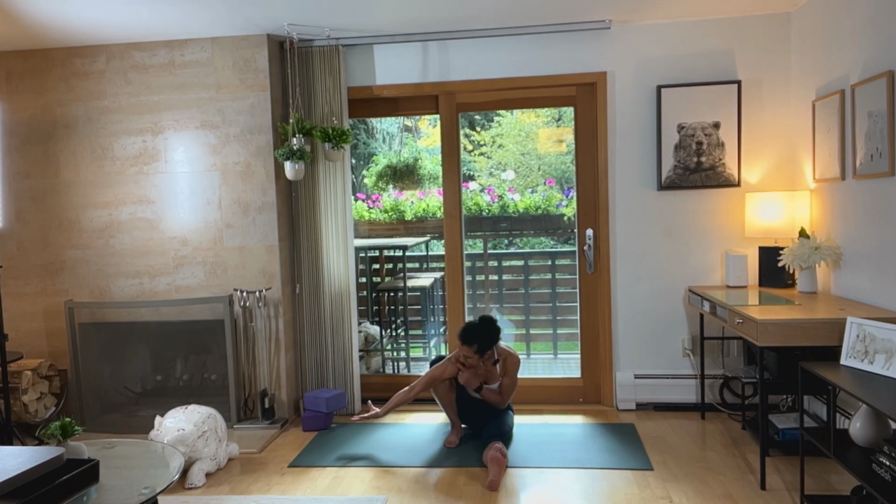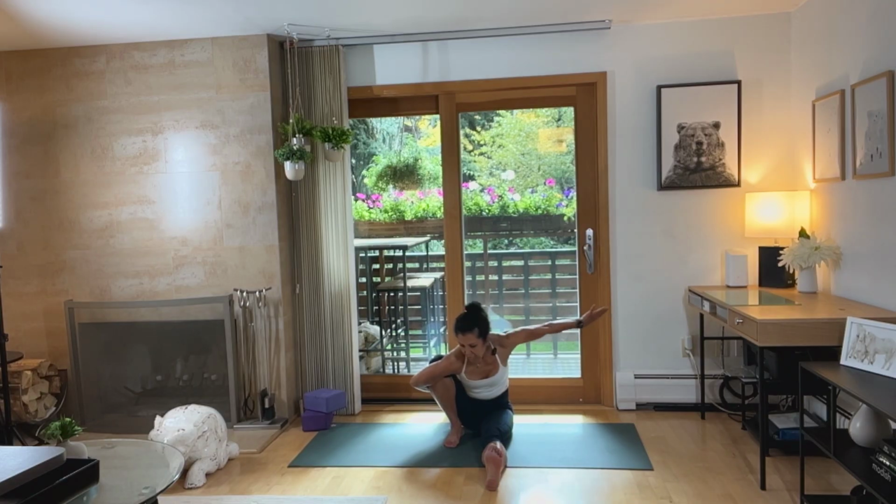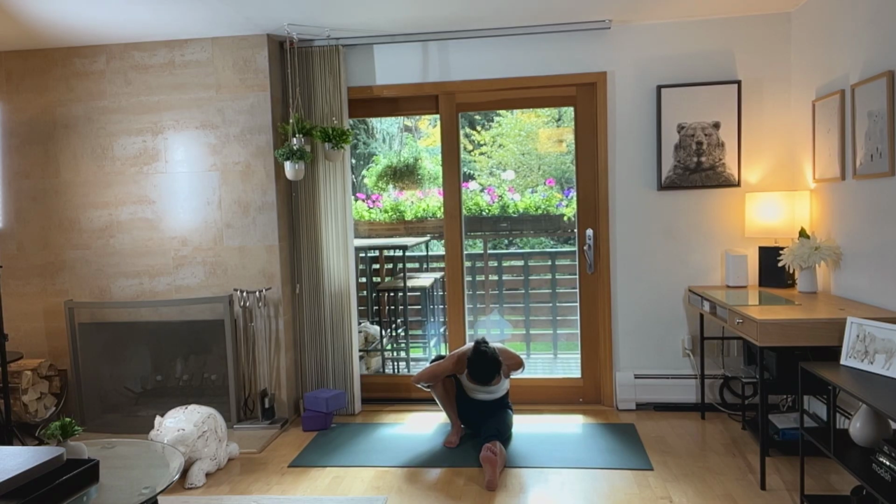Once the internal rotation of that shoulder, the palm is up, you can bend the elbow and put the right hand behind you. Reach the left arm back. Maybe your fingertips can find each other. If you don't, just grab a hold of your shirt back there. Inhale, lift the chest halfway. Exhale, fold forward. And instead of really aiming to touch your forehead to the shin,